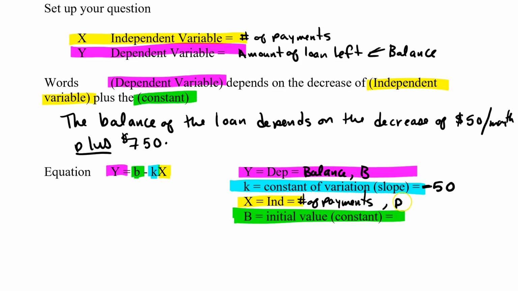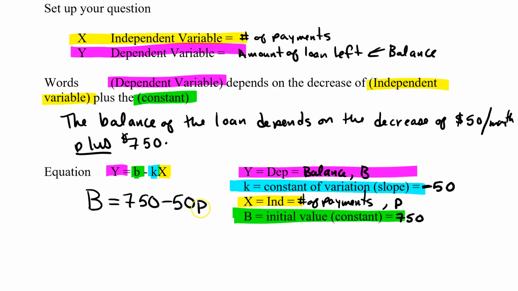We're going to call that P. And the initial value, or the constant, is going to be $750. So we're going to use our form here and say the dependent variable, which is our balance, equals the initial value, which is 750, minus 50